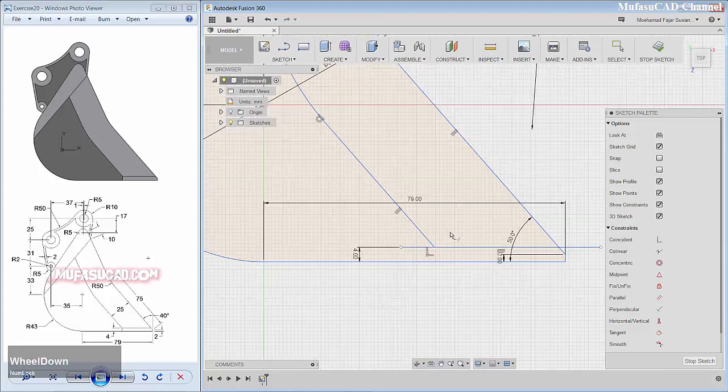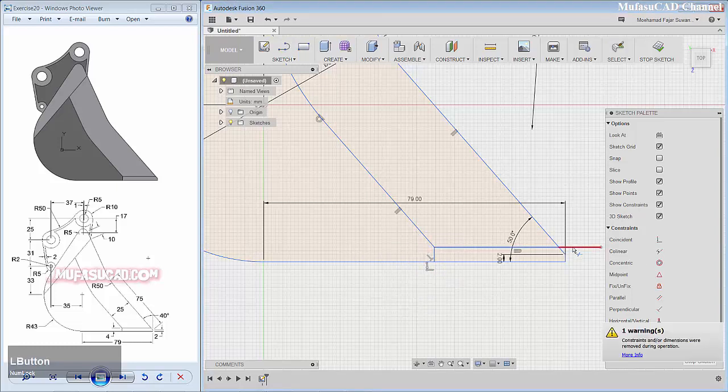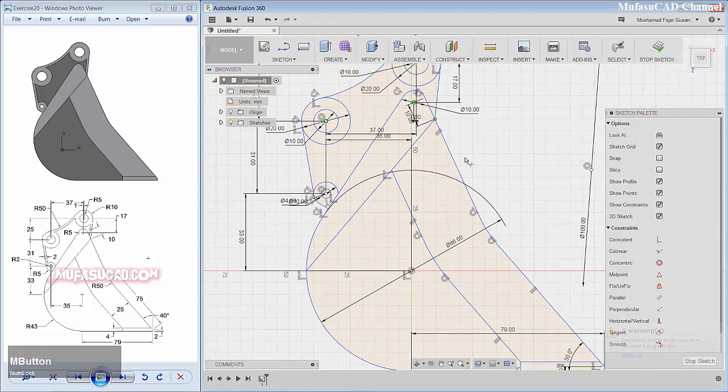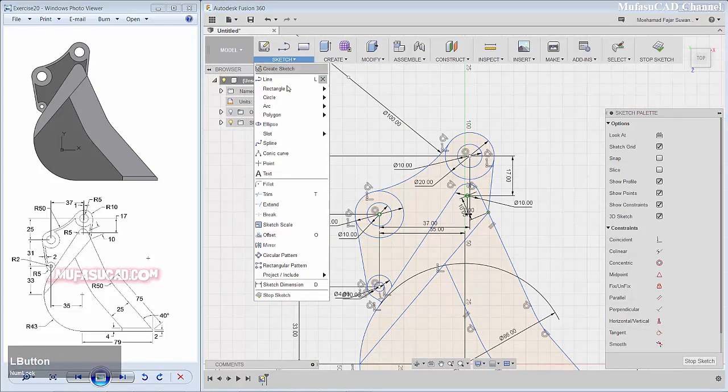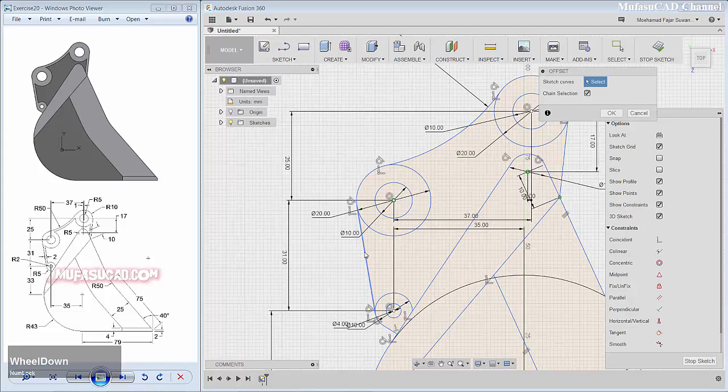Okay, I will create a line from this point to the bottom here. Okay, and use a trim command to cut this line object. Okay, next I will offset this object to point.